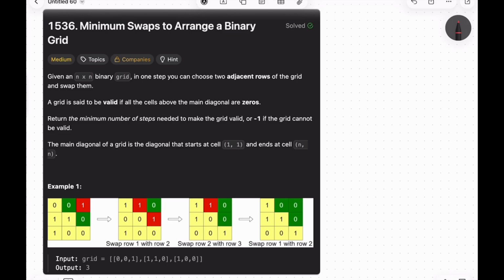Hello all, today we are solving LeetCode problem number 1536, minimum swaps to arrange a binary grid. So we are given an n cross n binary grid. In one step you can choose two adjacent rows, only two adjacent rows of a grid, and you can swap them. So this is the operation, and a grid is said to be valid if all the cells above the